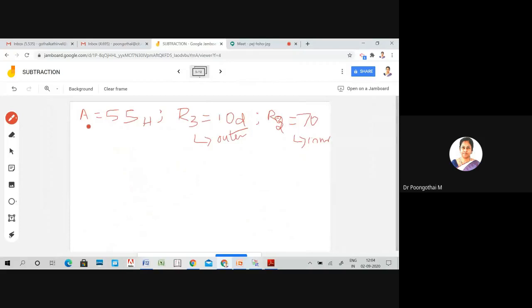So first you have to initialize your accumulator with the value of 55 and load your outer loop count 10 into R3 and inner loop count 70 into R2, okay? So the first instruction, move A comma hash 55.